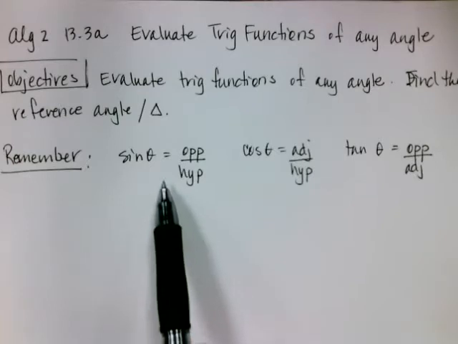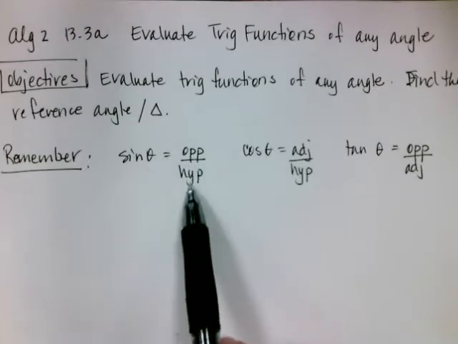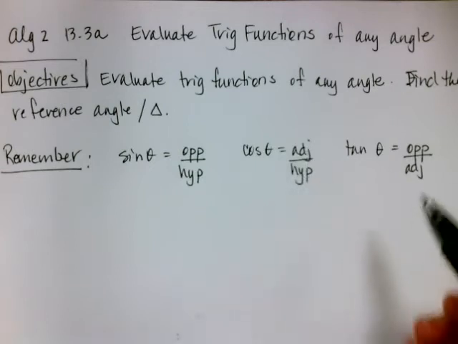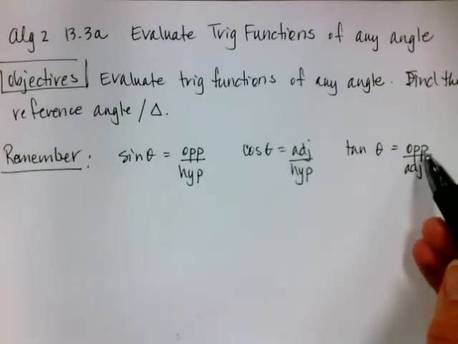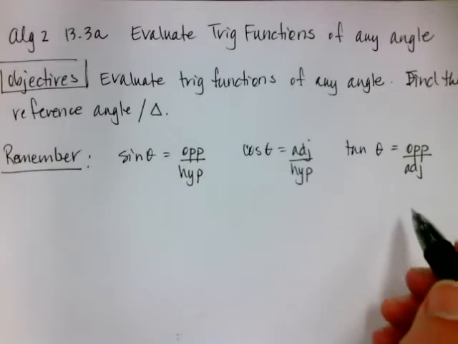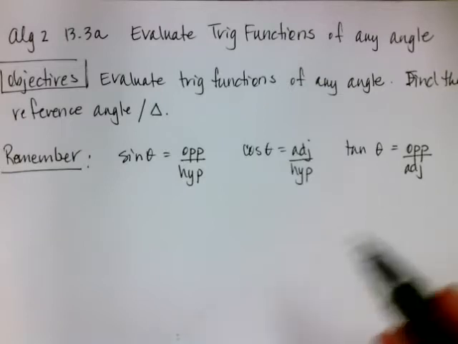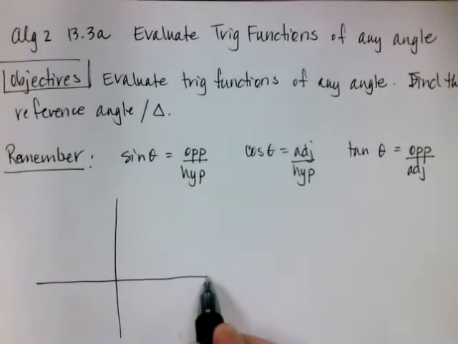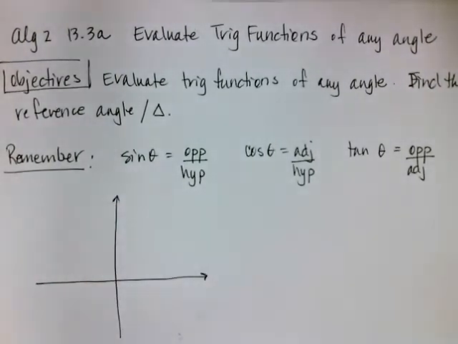So the first thing to remember is that the sine of theta is opposite over the hypotenuse. The cosine of theta is the adjacent over the hypotenuse, and the tangent of theta is the opposite over the adjacent. All right, and I'm going to give you a new way to think about this in just a little bit. I also want to go back and remind you of the information that I've said that you need to